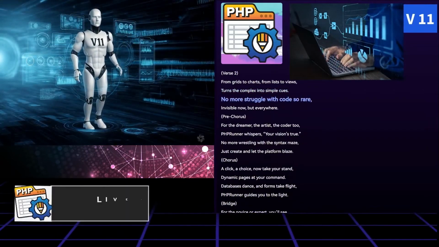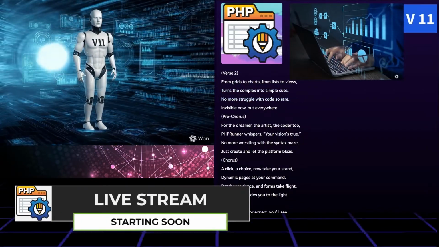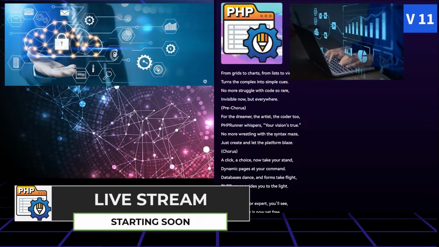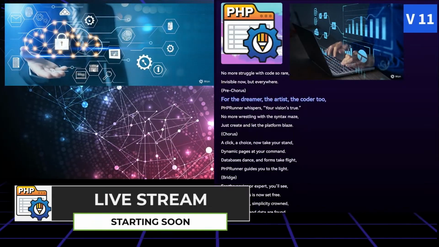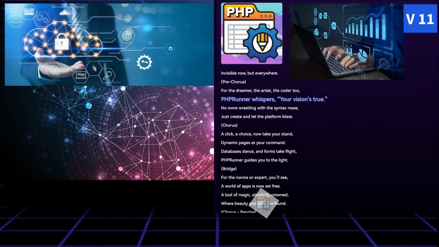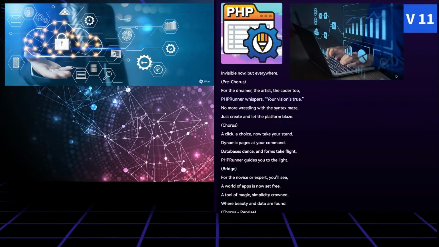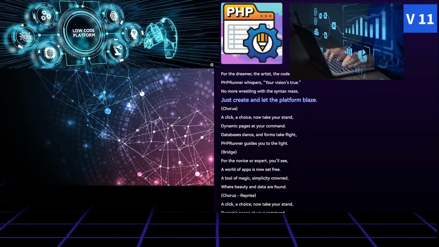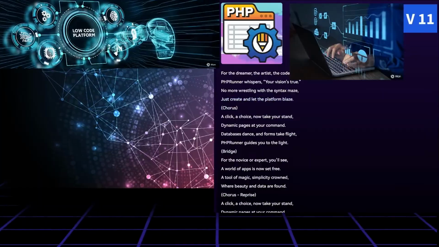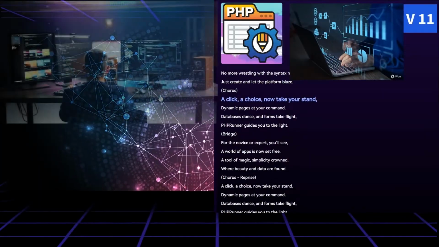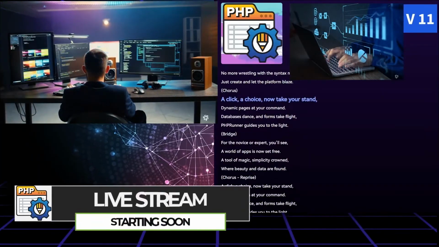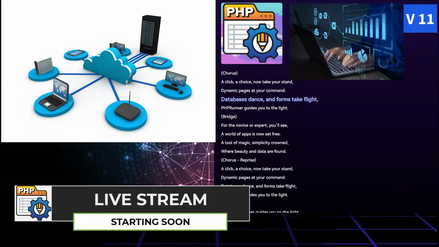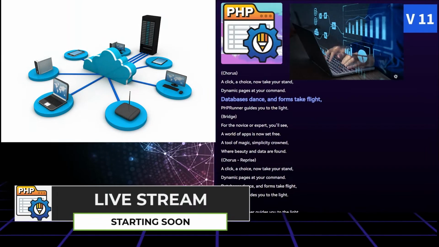No more struggle with code, so rare, invisible now, but everywhere. For the dreamer, the artist, the coder too, PHPRunner whispers, your vision's true. No more wrestling with the syntax maze, just create and let the platform blaze. Click a choice, now take your stand. Dynamic pages at your command. Databases dance and forms take flight.